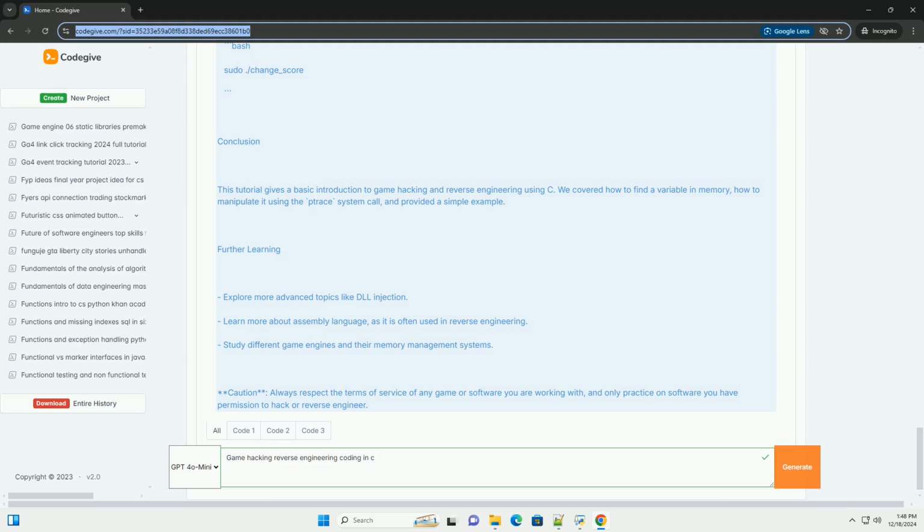Step 3, compile and run. 1. Compile the C program. Bash: gcc -o change_score change_score.c. To run the program with necessary permissions, you might need sudo. Bash: sudo ./change_score. Conclusion. This tutorial gives a basic introduction to game hacking and reverse engineering using C. We covered how to find a variable in memory, how to manipulate it using the ptrace system call, and provided